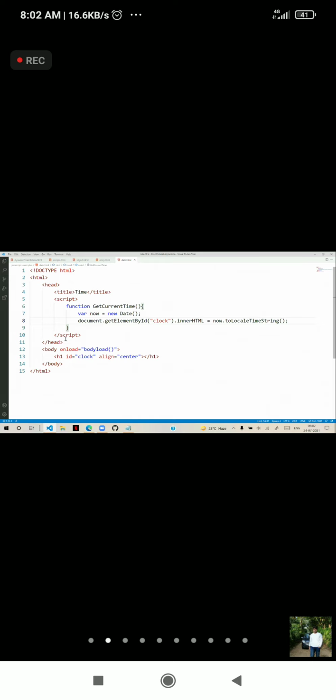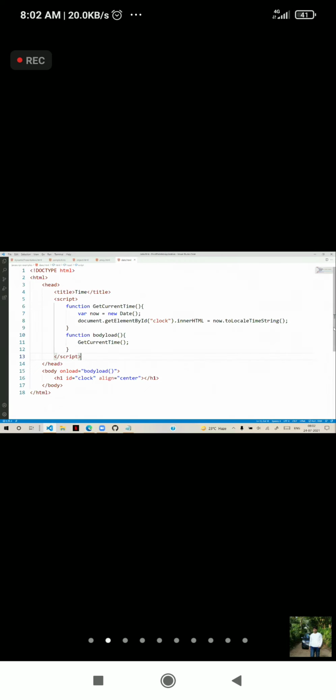Now this is the function, and we need the function on body load. On body load, we need to call the get current time function. But you observe here, when we call that function, it will display the time, but the time is not ticking. It is just displaying the time.